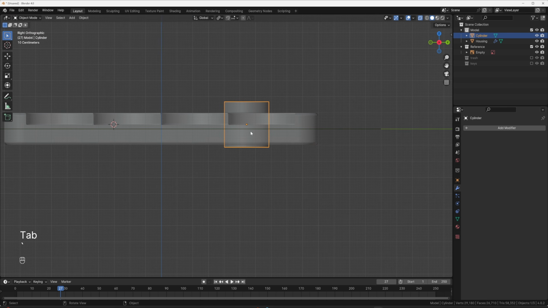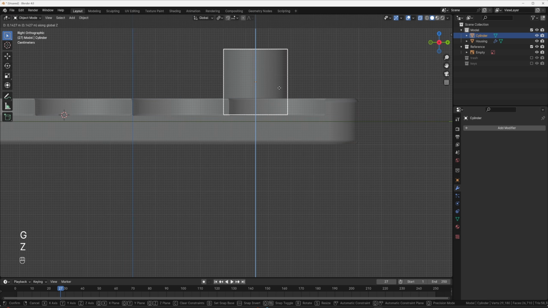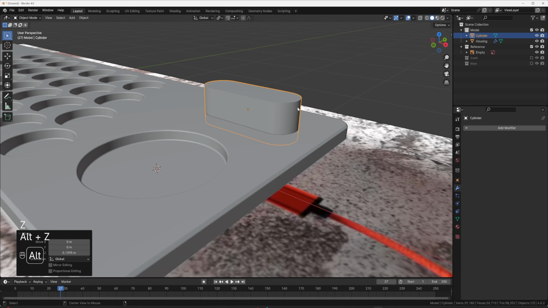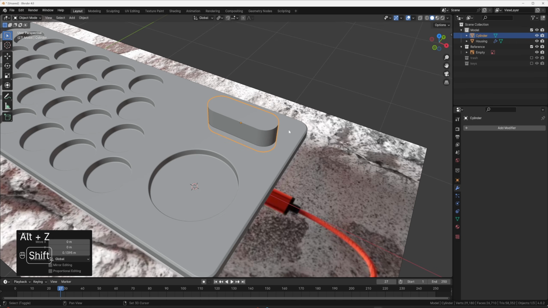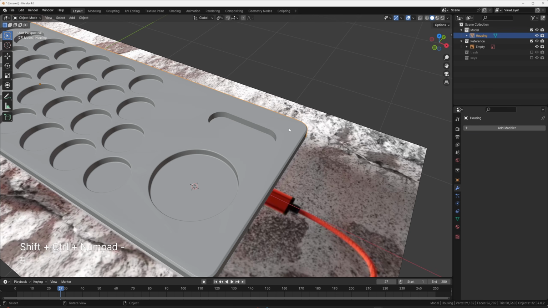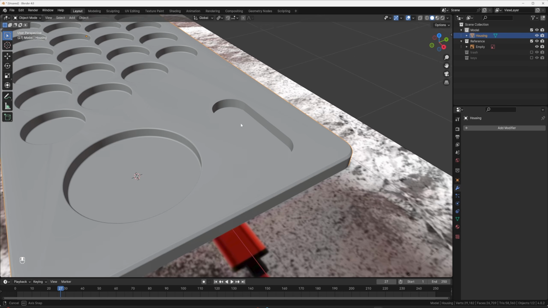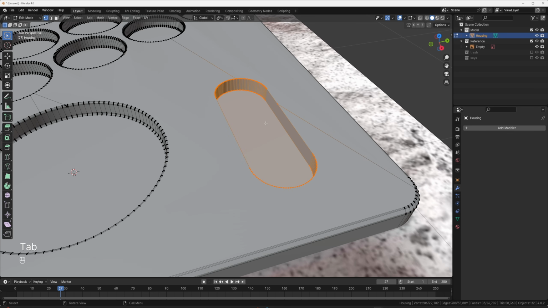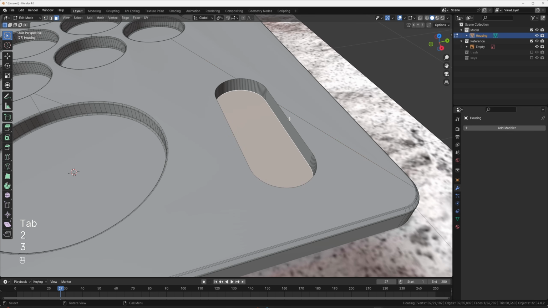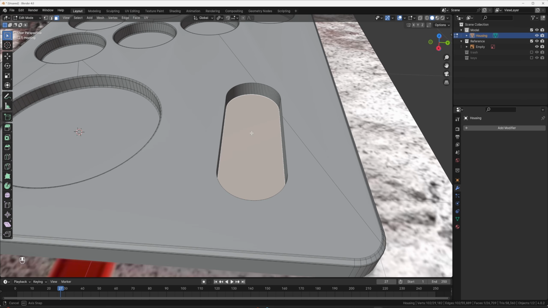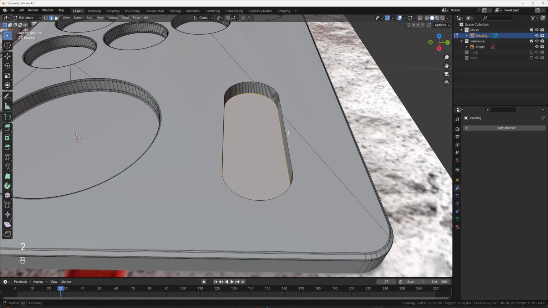Now this is basically exactly what we need to cut out this piece. So GZ, bring it up to roughly the same height. Follow the same format. Select this one. Select this. Control Shift minus. You can see we lose our weighted normal modifier every time we do that. So now we're just going to grab these two edges, and this bottom face using 3. Now I'm going to go into 2, edge select.